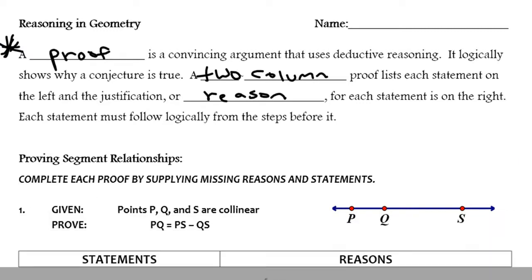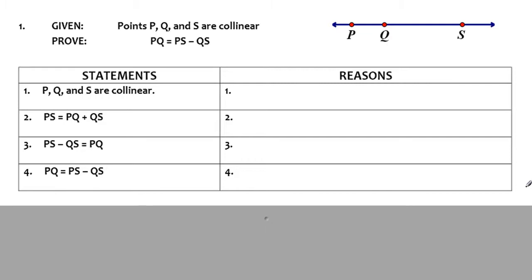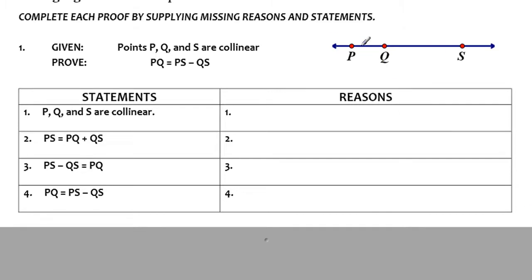So, proving segment relationships. This is your two-column proof. And at the top here, you're going to usually be given a picture. In this case, it's a picture of a line, and then there are segments within the line. They tell you that points P, Q, and S are collinear. We're trying to prove that PQ here is equal to the whole length of PS minus this QS here. So starting with our proof,